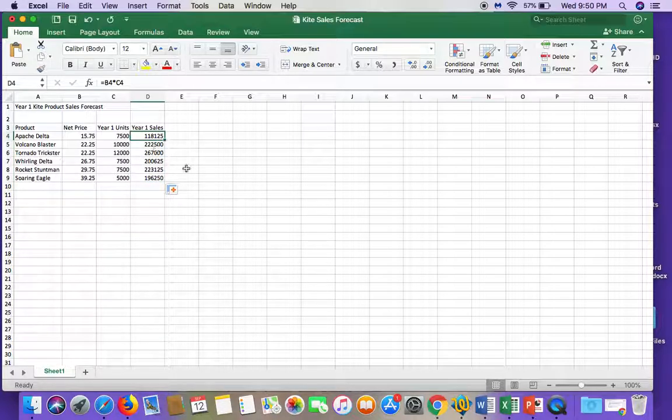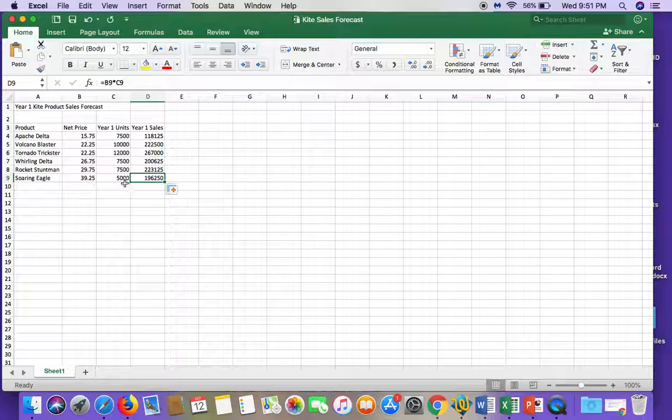When I click, and I just want you to click on the top one again and then arrow down. When you drag fill down, the columns will stay the same. So B and C will not change, but since I'm dragging down, I will go up a row every time. So as I arrow down, notice the numbers in the formula bar change. If I changed a number, it would automatically change in the year 1 sales as well. So that's really nice. Let's go ahead and save our changes